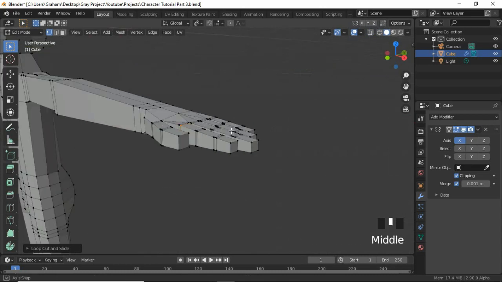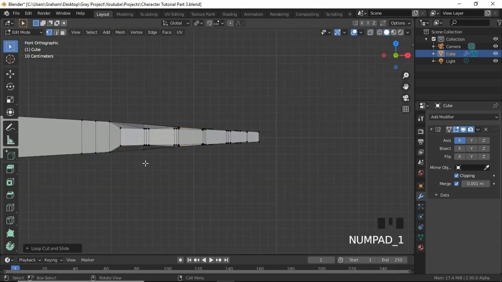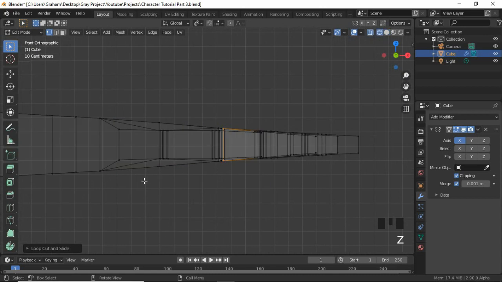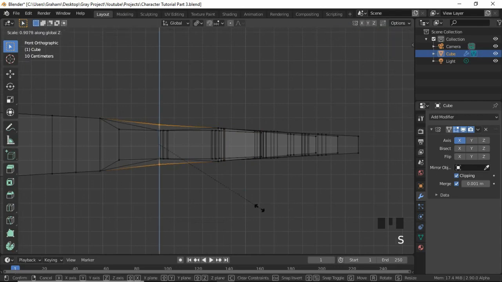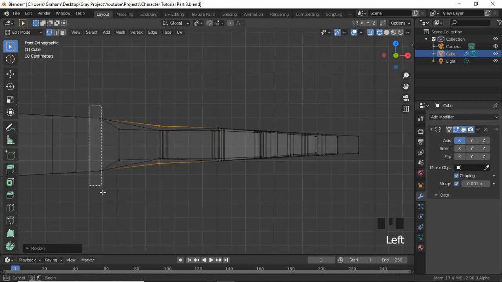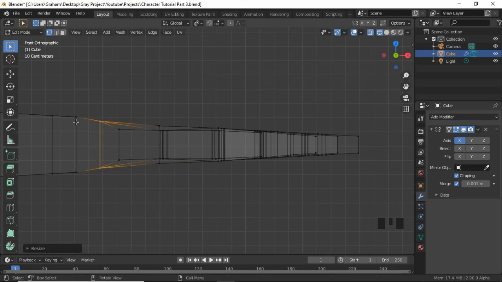And there you have it, you have low poly hands. So back into wireframe mode by pressing Z and selecting wireframe, and let's just select those vertices over there and these ones as well, and press SZ to scale them down on the Z axis like that. And let's select these ones as well and press S and Z, scale them down on this one as well,